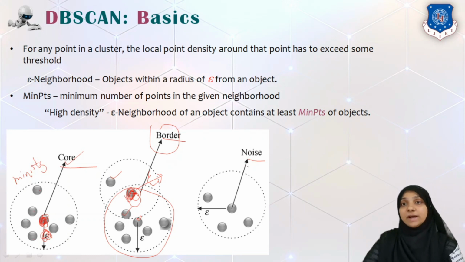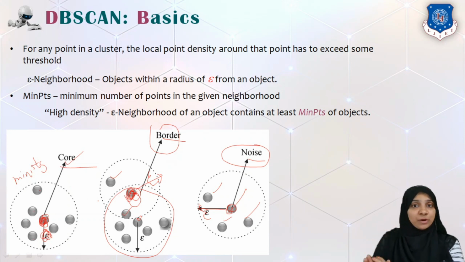And we have a third kind of point which is called a noise point. If we consider it as a center and draw a neighborhood area with an epsilon, a circle, there are only 1, 2, 3, 4 points. This is not satisfying our minimum points of 5 or 6. So this point is not a part of any dense region. It does not satisfy our minimum point criteria and it is not a part of any other dense region, so it is called a noise point.